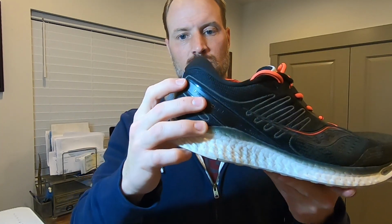You do have some support in the heel here. You can see it has a support frame. So it is a little bit more rigid heel. It's not as loose and not as free as you might see in some other shoes. I know one of the shoes that I recently ran in was the PWRUN 4.5 plush, and that one did not have as much heel structure. So this one has a more rigid heel cup that is going to lock you in your heel a little